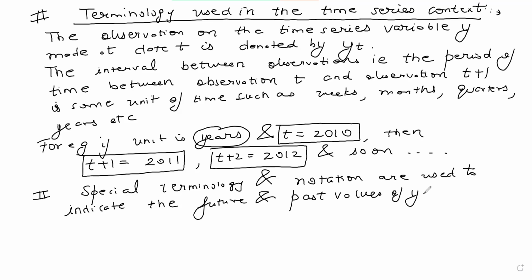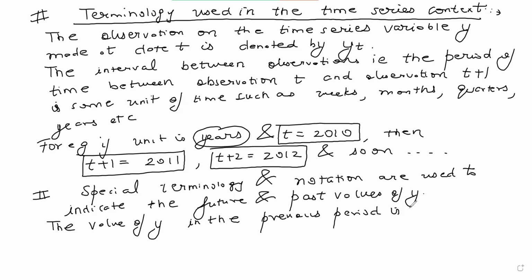The value of y in the previous period is called its first lagged value, or its first lag,